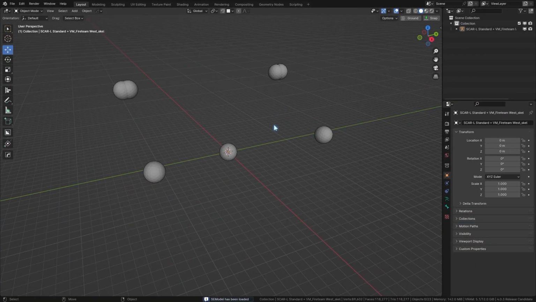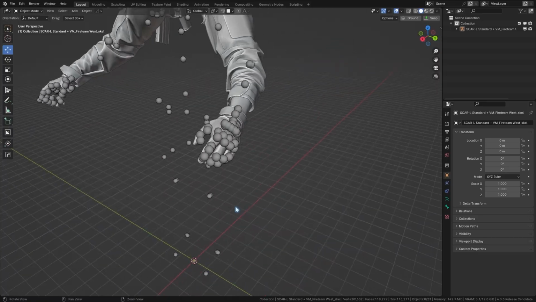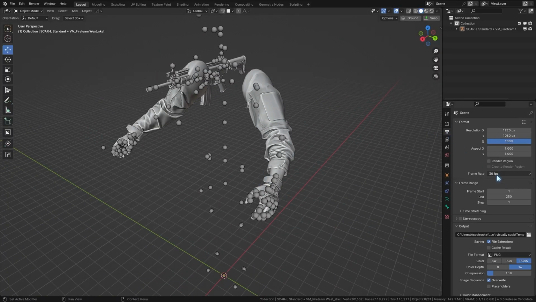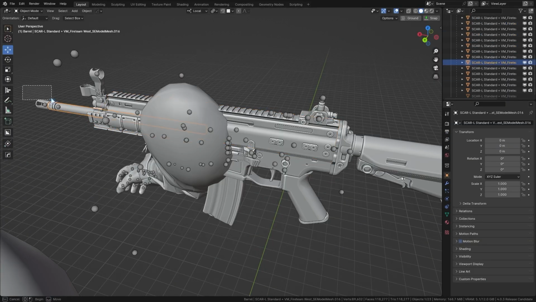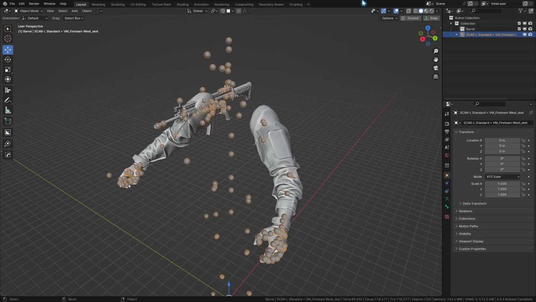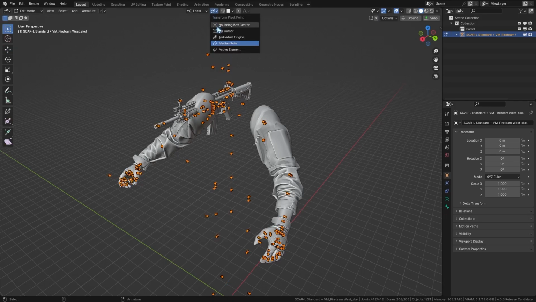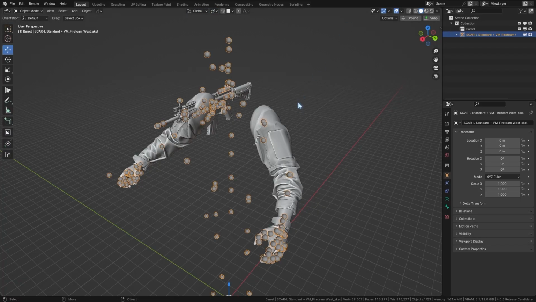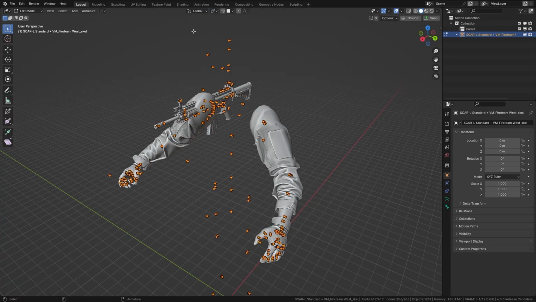Now, first thing you want to do is make sure the project settings is set to 30 FPS. I'm just going to categorize the collections with the gun model only, since we'll be hiding that later on when we replace the gun model. And if you want to make the bones smaller, since they're a bit too big, what you can do is make the selection as individual origins and axes as local, and then scale down in edit mode of the armature,